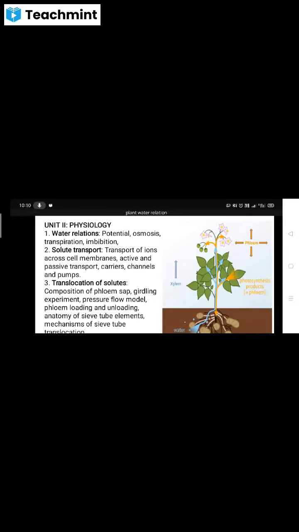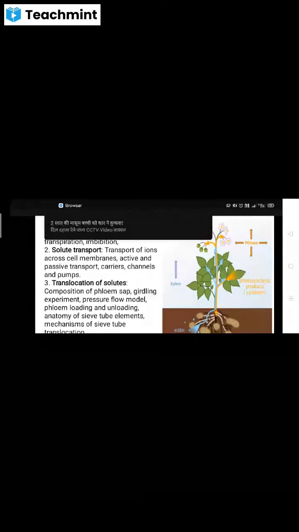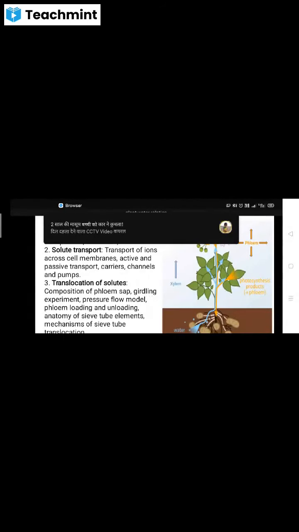Then the third major point in this unit is the translocation of solutes. That means transportation of the food materials or minerals. How their transportation happens in plants, we have to study in this. That means